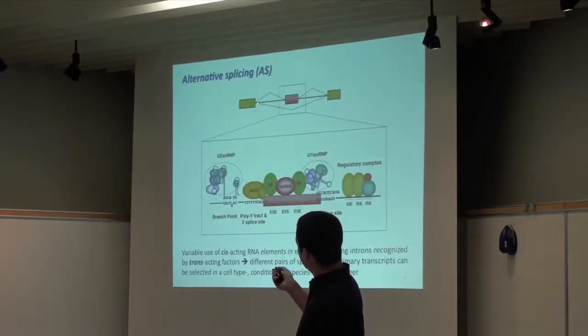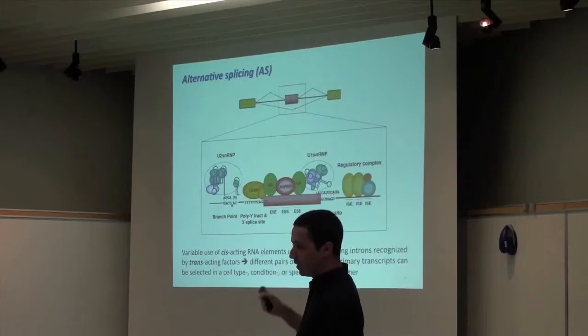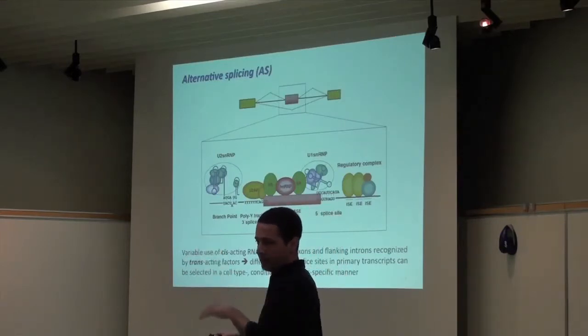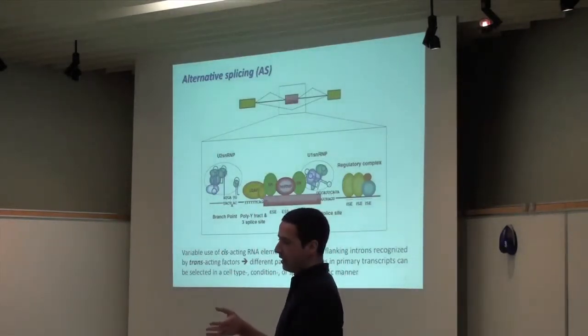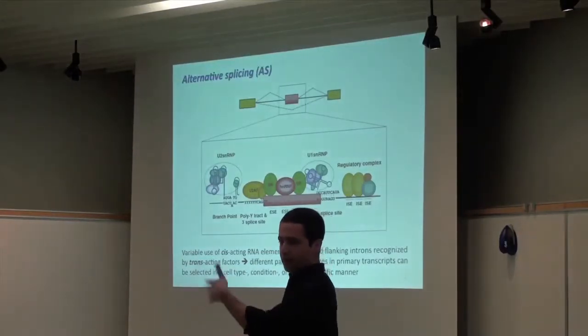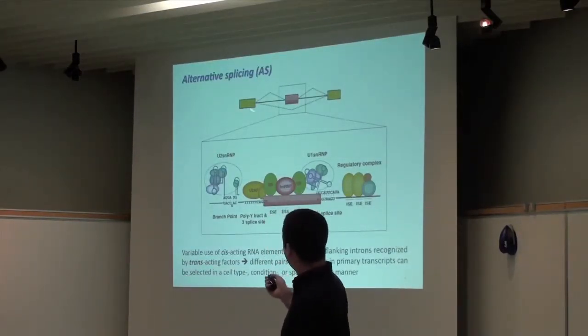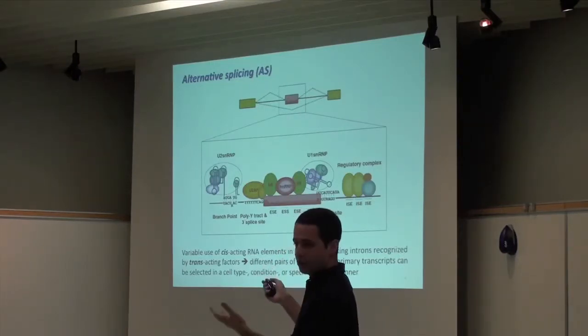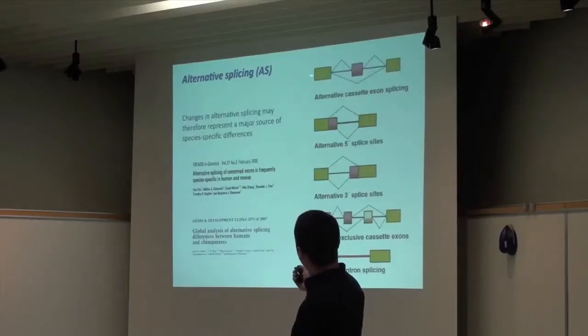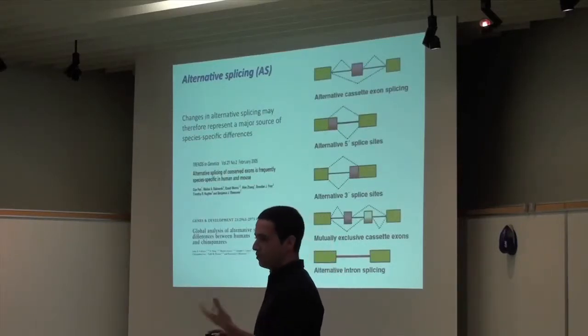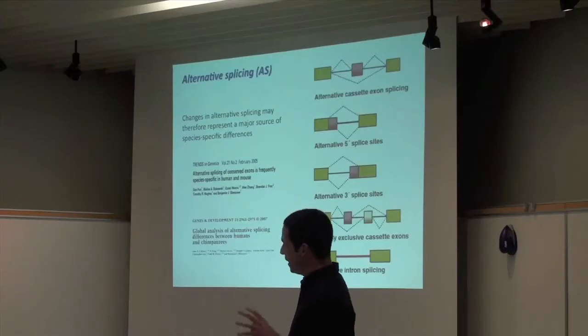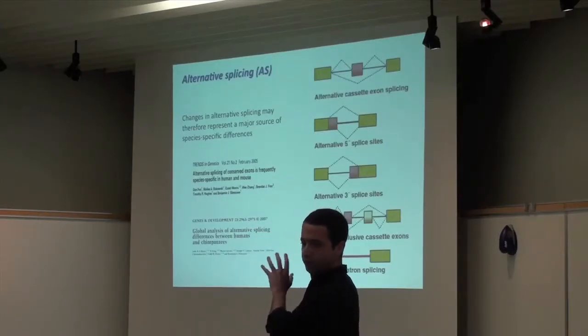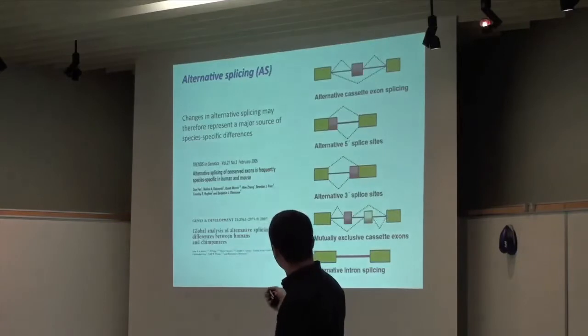So these boxes here are the exons, the bits of the RNA that will survive splicing and, in the case of protein coding, be translated into peptides afterwards. And here you have an example of two exons that are always spliced in, and one alternative exon that can be spliced in or skipped. That's basically what we are showing here. So this exon skipping or cassette exon splicing is the most common type of alternative splicing, and that's the one I'm going to focus on during the next 10 minutes or so.